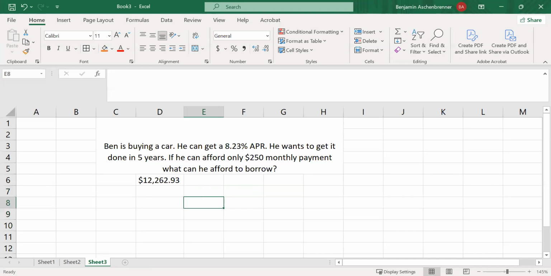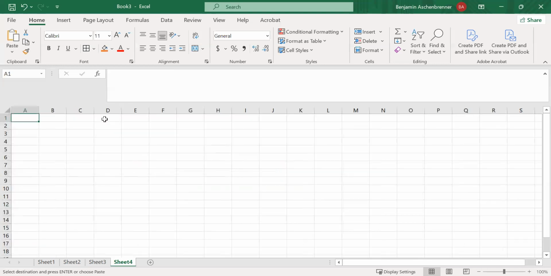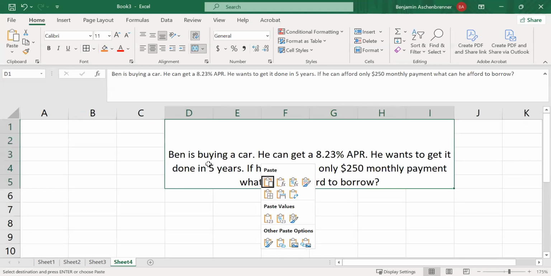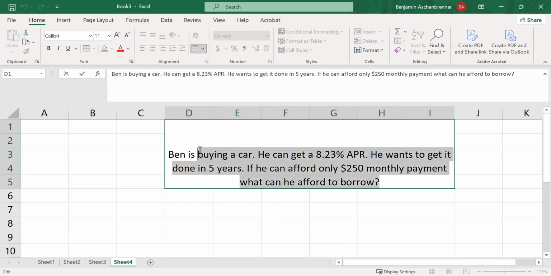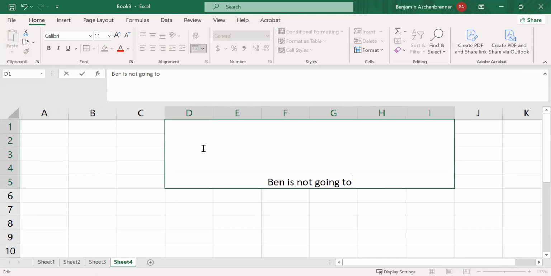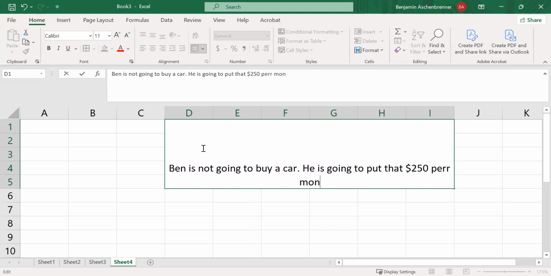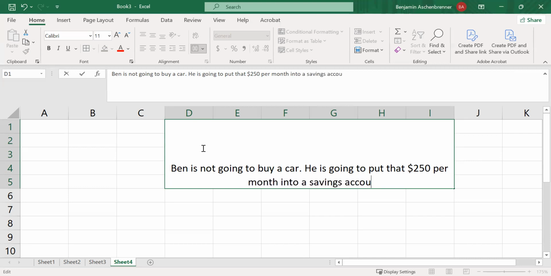All right. And then the last formula is for a totally different context, but it's a similar formula, which is the future value formula, which is Ben is not going to buy a car. He is going to put that $250 per month into a savings account. Forget savings account, into a mutual fund which promises an annual return of